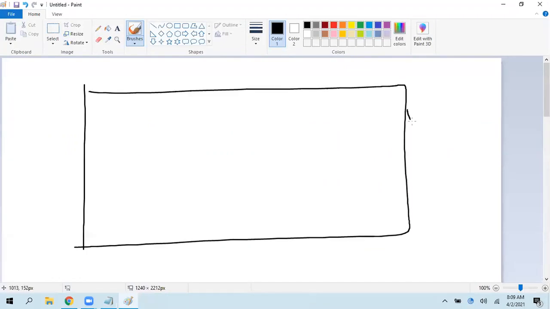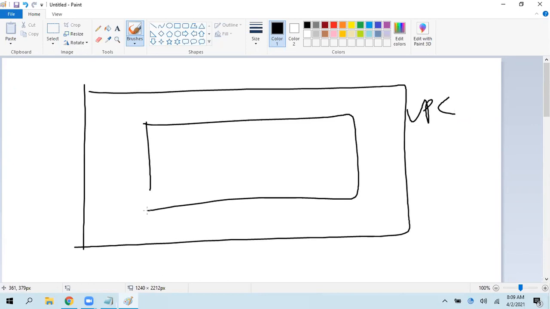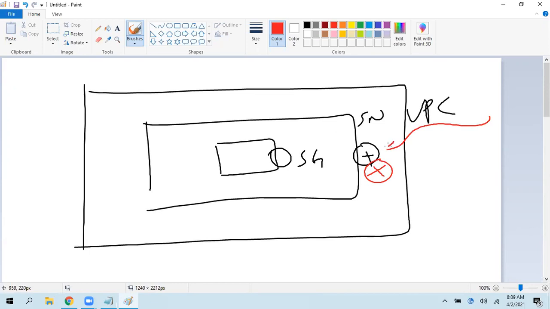This is my VPC. Within that, we have a subnet. So at this subnet level, you have the internet gateway. This is your EC2 instance. At the EC2 instance, you have the security group. So now your question is, you blocked something here. Via the VPC, via the internet gateway, it will go and reach this EC2 instance.